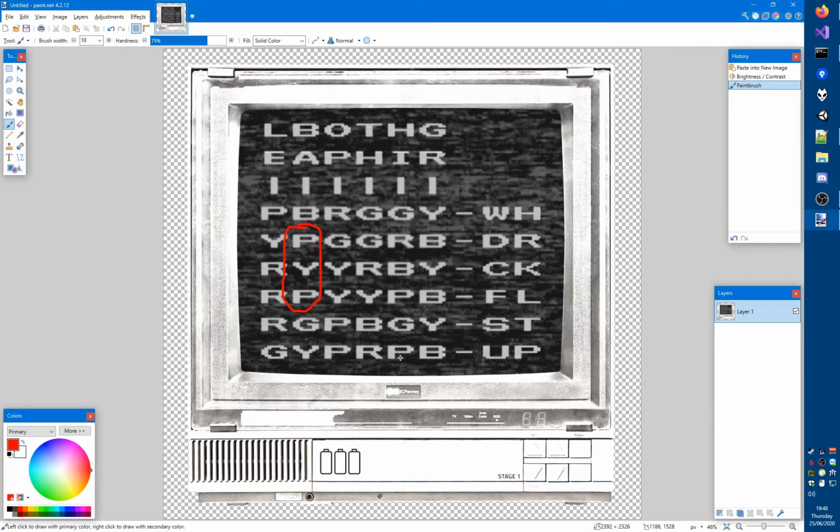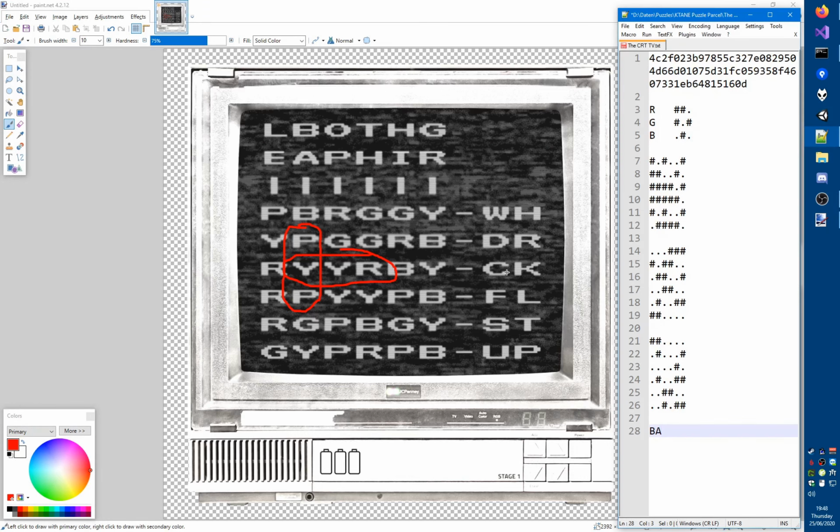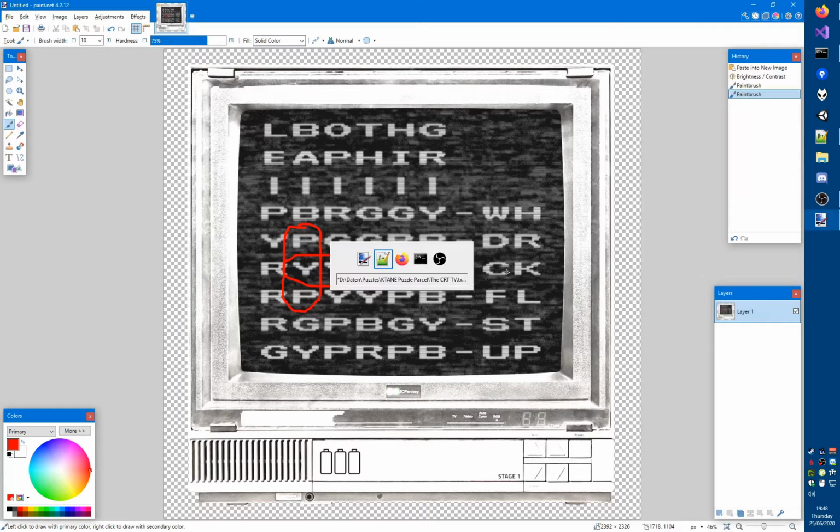Then we're looking for yellow, yellow, red, and that would be here. But let me quickly check if there is another yellow, yellow. Oh, look at that, how meticulously the other pairs of yellows avoid having another red next to them. So this seems very likely, so I'm going to assume that we have CK,